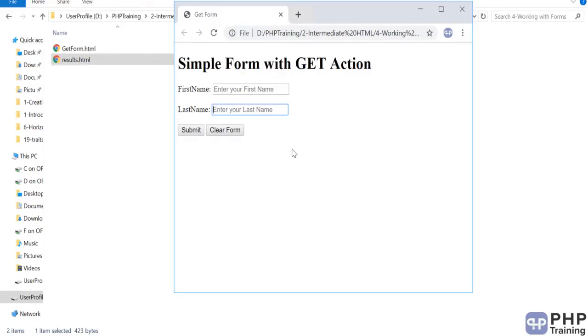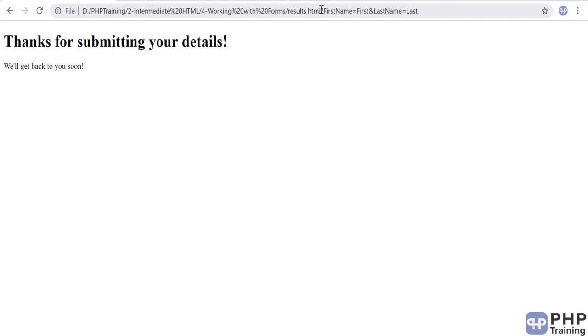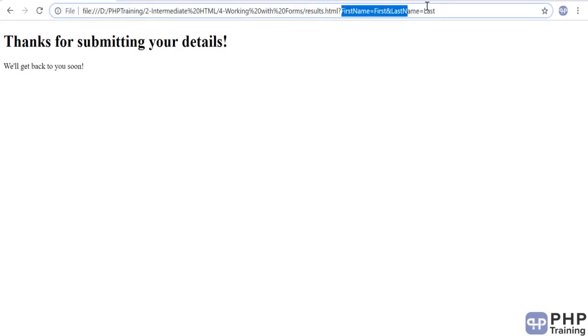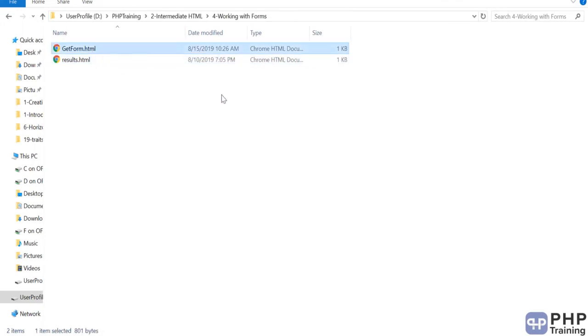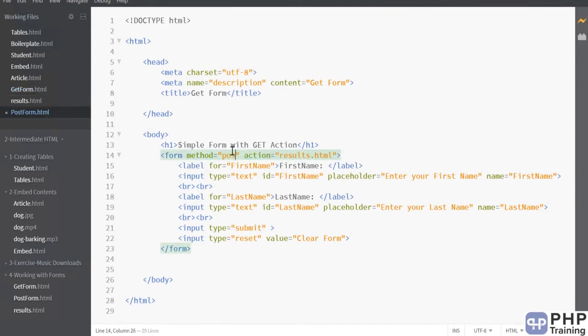There are two types of form actions, get and post. So get is basically when you submit a result, let's say first and last. So when you click submit, you went to the results page, but you can see the data now. These are the variable names that we have assigned to the input tags, and you can see the data here. This is called get. When you say get, the form fields are attached in the URL. Okay, and we can even do post. There's one more type. I'm going to simply do it as post. Right, let's open it up and just change it to post.